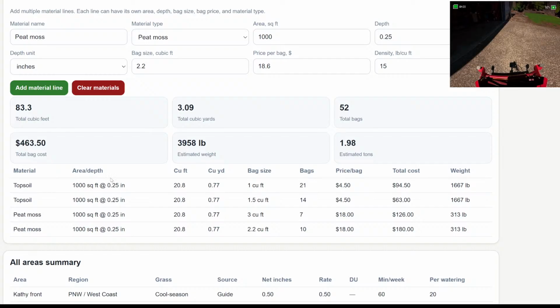Once you figure out how many square feet you're working with, you can take your square feet right here. This is the materials calculator. And this is what I was doing a lot of when I was doing my compost. So let's say you have 2,500 square feet, and you want to do a depth of 1/4 of an inch right here. I've already calculated all this stuff right here. And I don't know if you noticed how these numbers changed. Let me change this to 15, and all the numbers will change.